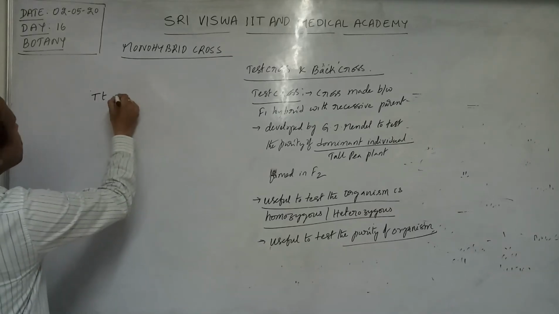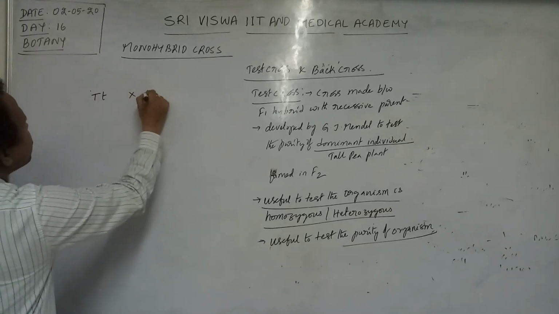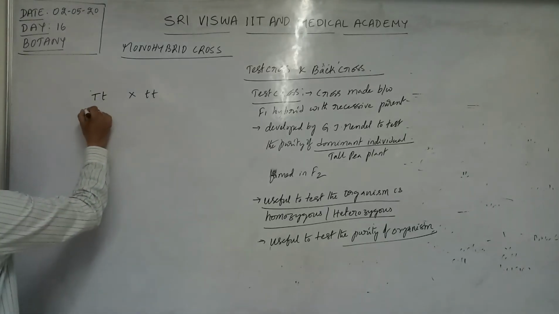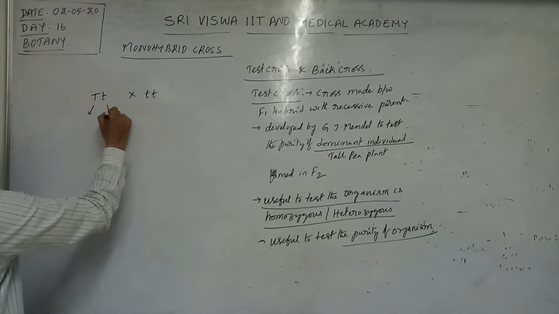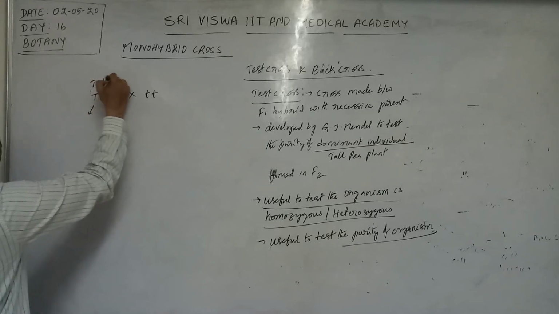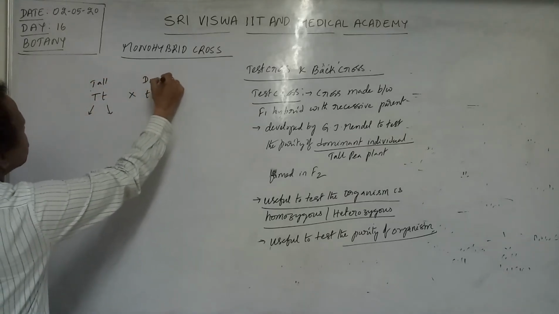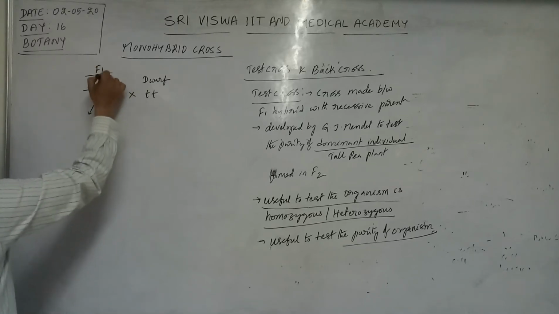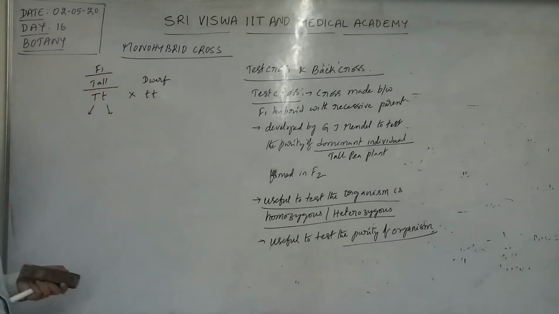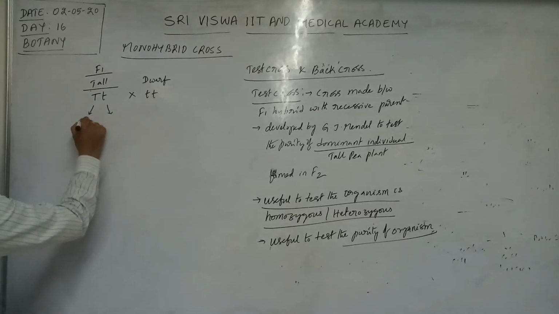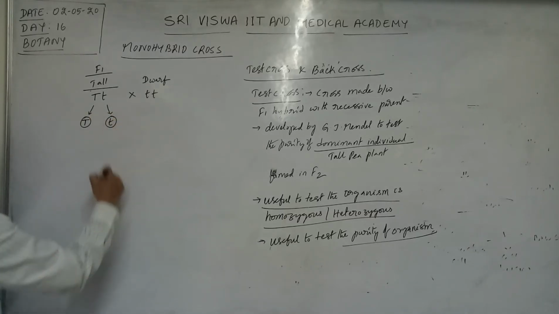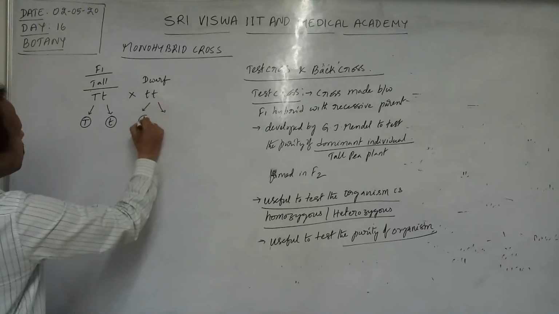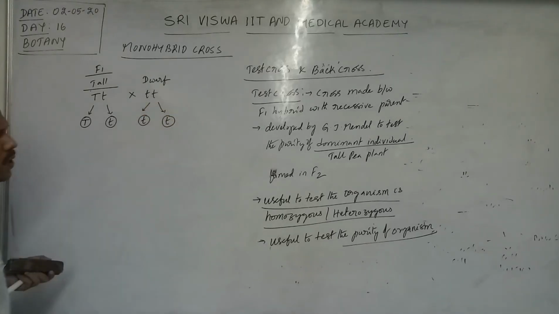If it is crossed with recessive parent, how many types of gametes does this heterozygous tall individual produce? This is phenotypically tall, this is phenotypically dwarf. This one represents F1 tall with genotype capital T small t. It produces capital T gametes and small t gametes. Here the gametes of the dwarf parent are of only one kind. All the gametes are with small t only.